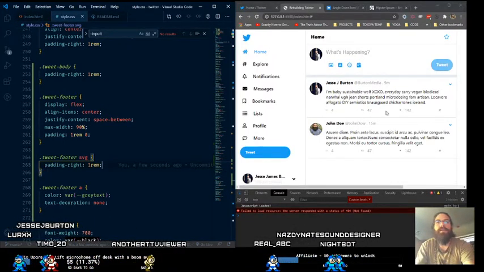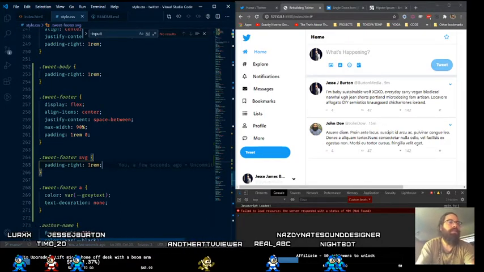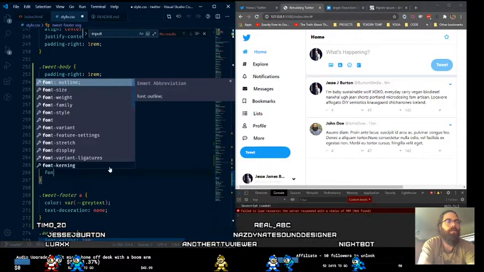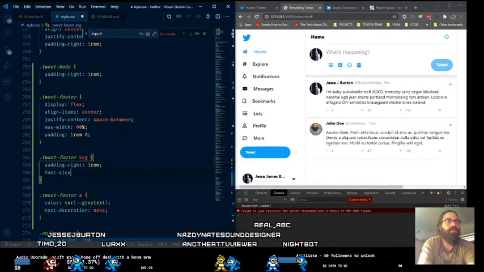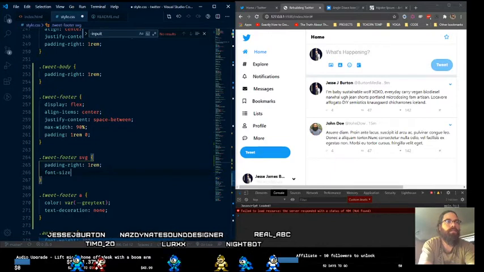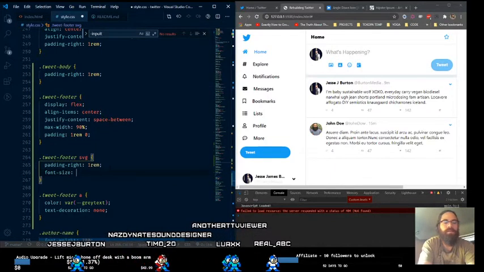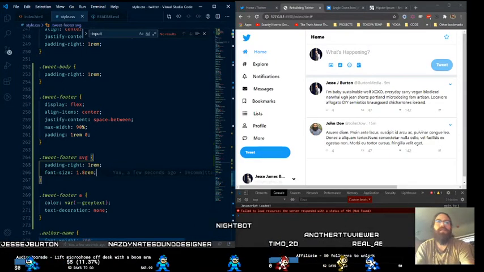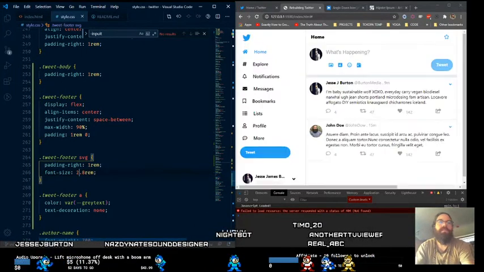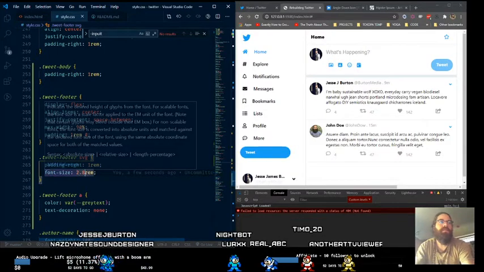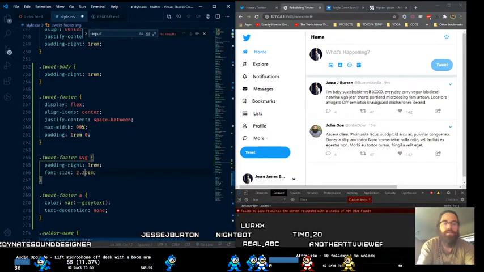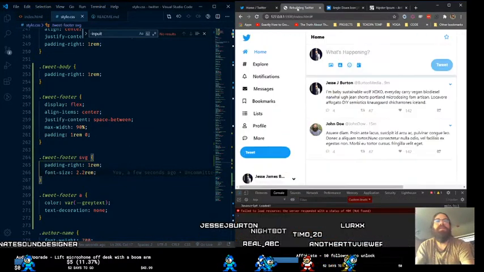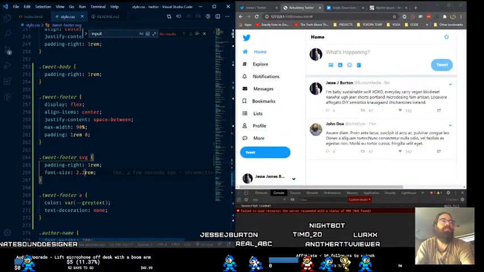Ooh, so that actually shrunk it down for some reason. That's interesting. So let's set the size to 1.8 rem, and let's see how that works. So font size is how it determines the icon. So that's a bit too big, so that's 2.2. That's a bit small, I think. Yeah, we want it